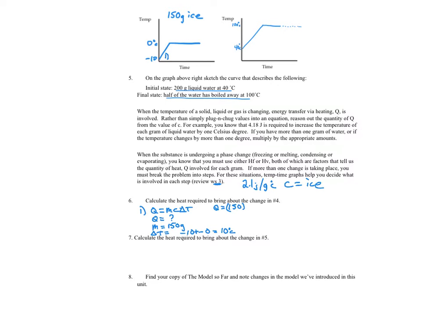So I'm going to need that number. Substitute that into my formula, 2.1 joules per gram per degree Celsius, times my delta T, which was 10 degrees Celsius. So Q will equal